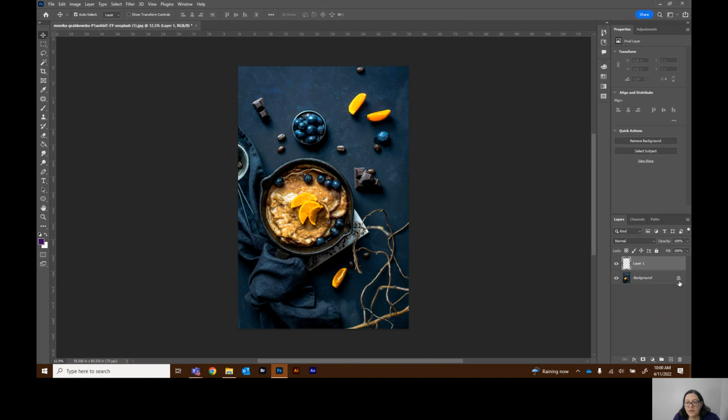And then you can see a little lock right here. That means that layer is locked. We can't do anything to it. You can lock layers using this lock right here, and you can also unlock them. Those come in handy whenever